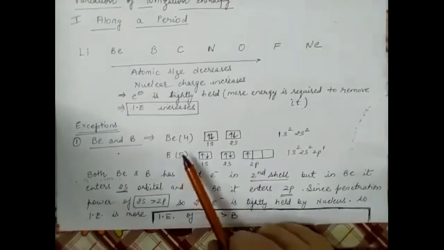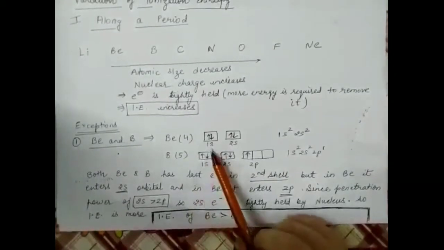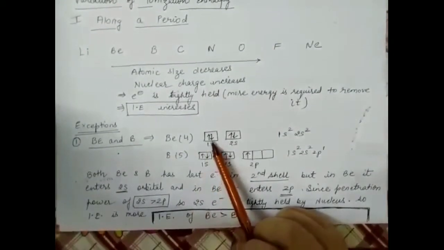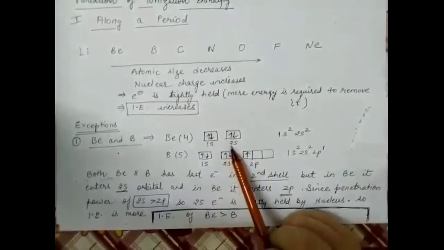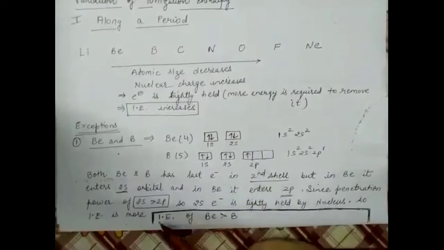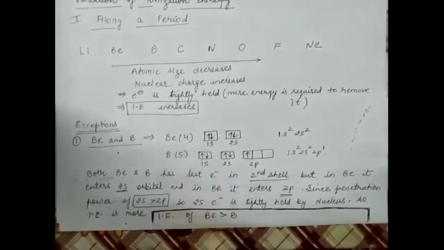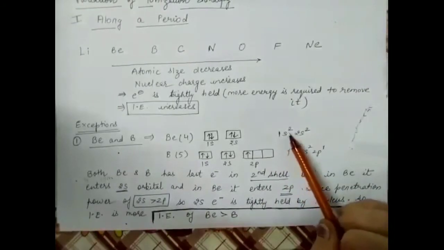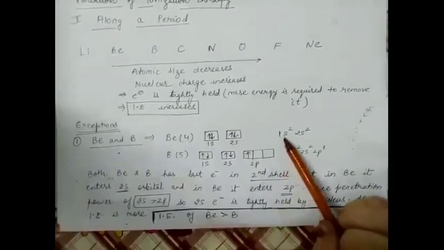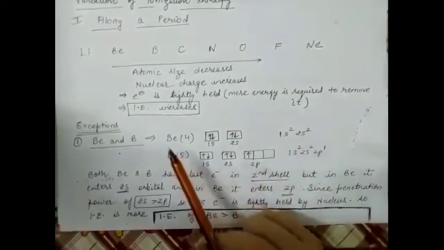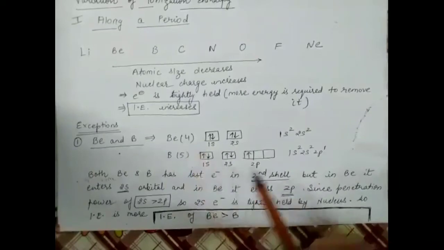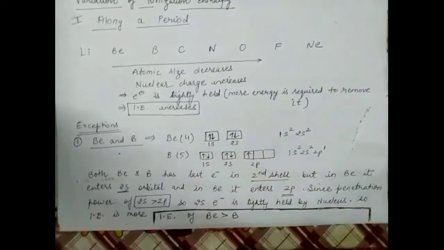So atomic number of beryllium is 4. First is my 1s orbital. In 1s orbital 2 electrons will be filled. Second is my 2s orbital, and in 2s orbital again 2 electrons will be filled. So what is the configuration of beryllium? Configuration is written like this: 1s2, where 1s is the orbital and 2 is the number of electrons. 1s2, 2s2. In beryllium atomic number is 4, so 4 electrons are there. 2 electrons enter the 1s orbital, that is completely filled now, and 2 electrons enter the 2s orbital, that is also completely filled. This is a way of writing electronic configuration. This we'll discuss in the second unit.